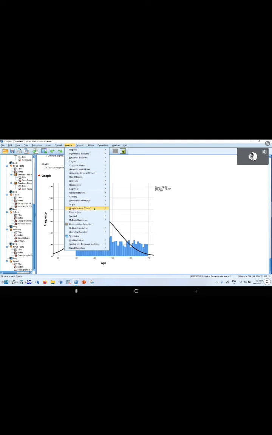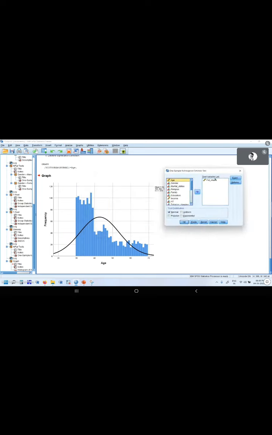Not normally distributed. It doesn't look exactly like a bell shape. It's somewhat bell shaped, but if you want to confirm, you can use a test instead of doing all these things. So here, first I did a histogram and it is not exactly bell shaped. To confirm the same, I'm going to do the Kolmogorov-Smirnov test. The test is telling us it is violating the assumption. See, it is not normal.